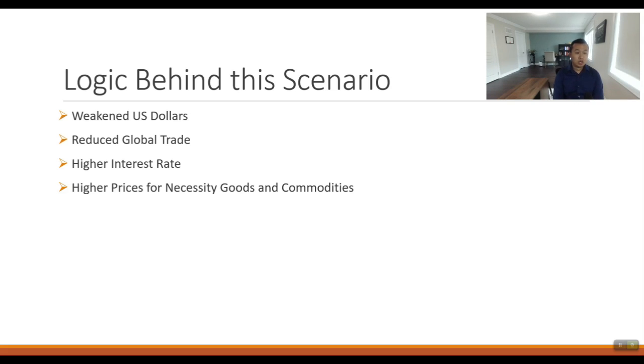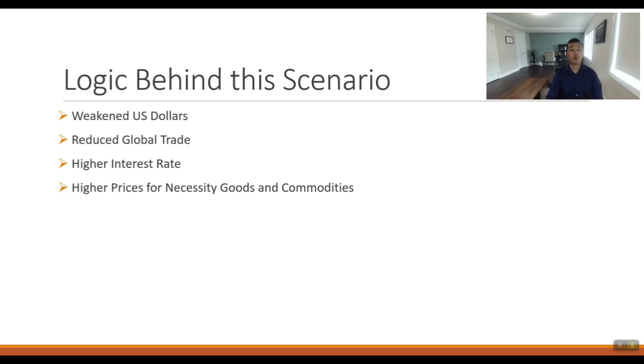So in this scenario, we're going to have higher interest rates in the U.S. and North American markets, housing prices are going to go down, stock prices are going to go down, while at the same time the things that we actually need to live are going to stay high in price. We're going to have shortages of goods. We're going to keep having shortages from supply chain issues, chips, whatever you name it, right?